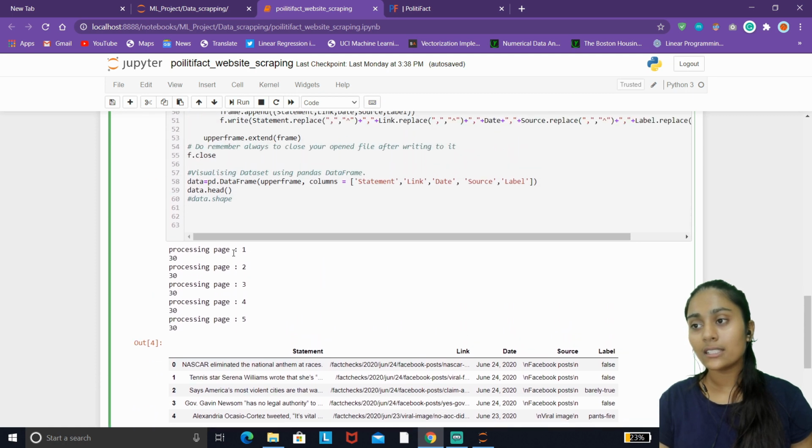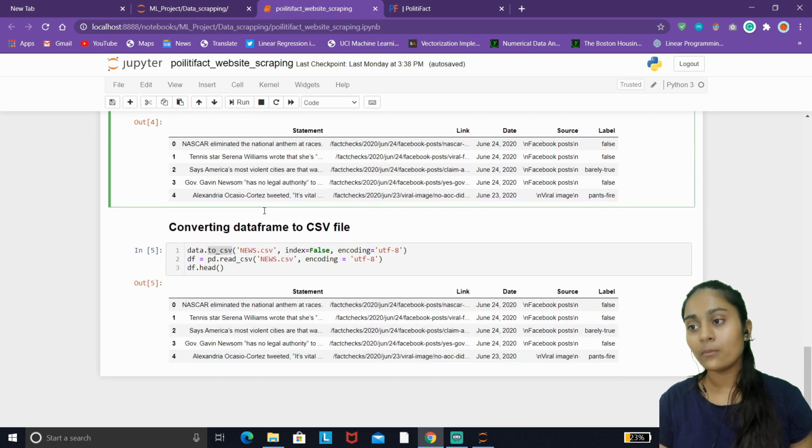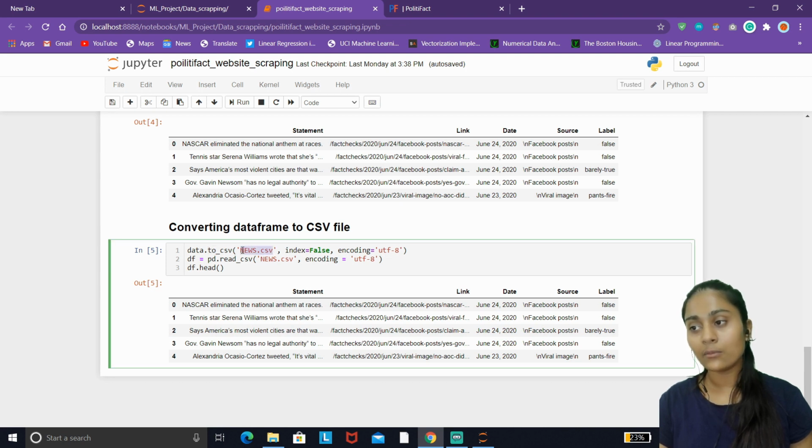When you are done with creating your data frame, where data is your data frame, you can simply convert it using the dot operator with the to_csv function, specify the CSV file name here, and you must apply index equals False and encoding equals UTF-8 to convert the data frame to a CSV file.